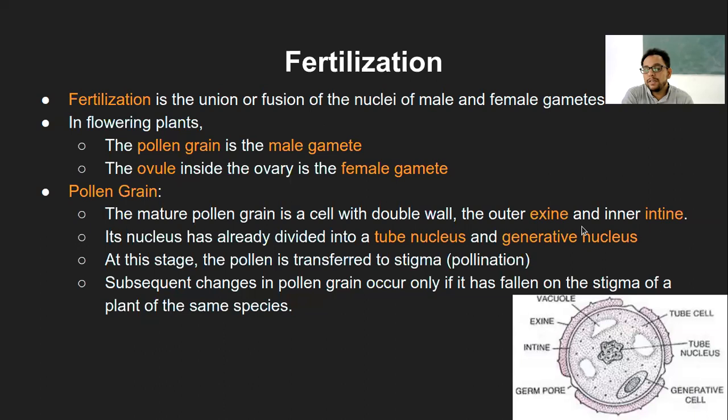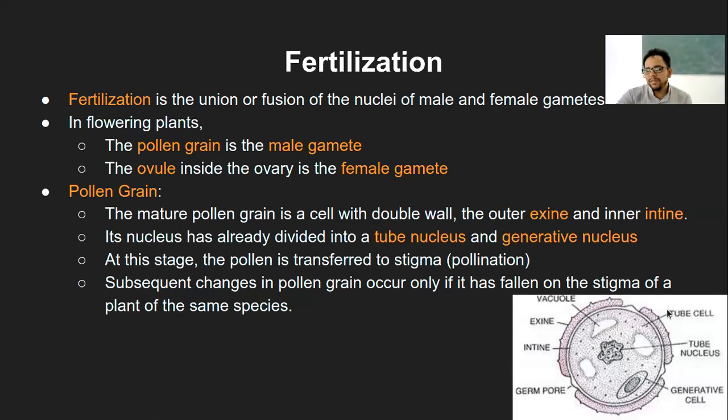You might wonder what these alien terminologies are. We will see that a pollen grain develops into a pollen tube structure. That particular nucleus is called the tube nucleus, which assists in the pollen tube formation. The pollen tube carries the generative nucleus, where generative refers to it generating a new zygote. So one nuclear structure from the pollen grain is divided into the tube nucleus and the generative nucleus separately, and at this stage, the pollen is transferred to the stigma.